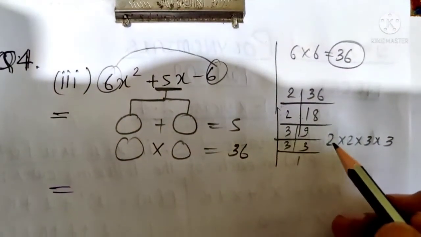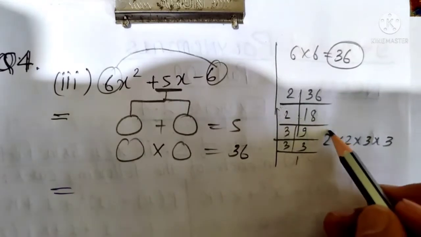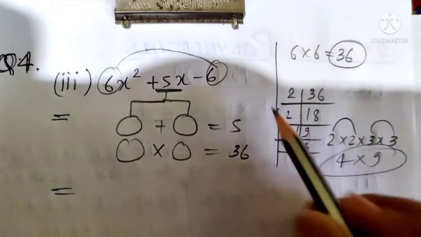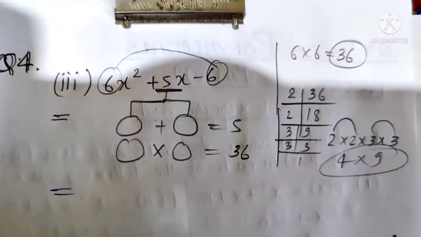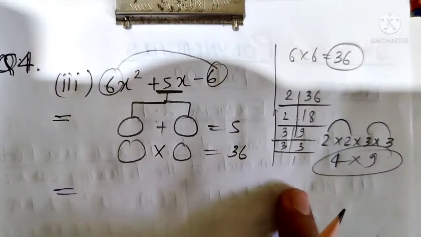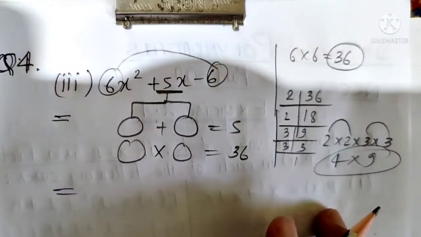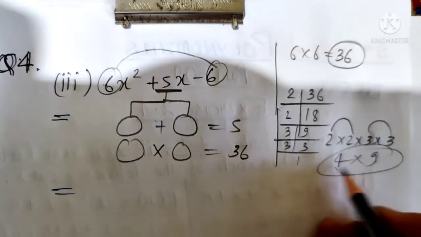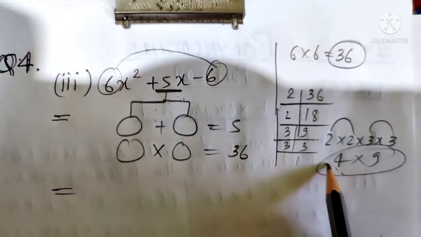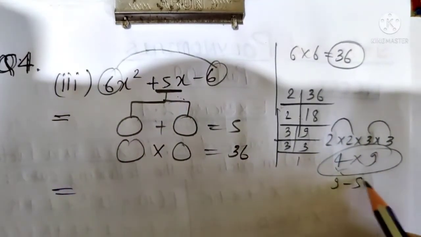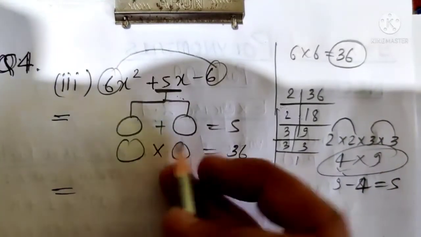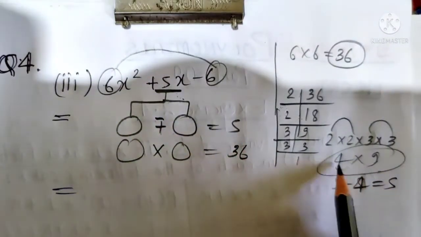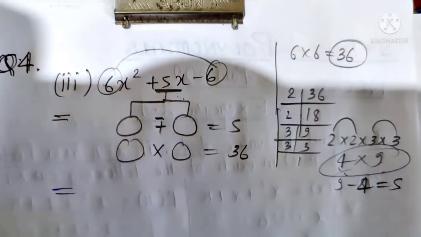Okay, now how can we do it? Just think. 2 into 2 is 4, 3 into 3 is 9. 9 fours are 36 is coming, but the other thing is not coming. Just check. We can do one thing. 4 nines are 36, yes, and 9 minus 4 is 5, that can come. Here what we can do is subtraction: 9 minus 4 will come 5, the middle term. Either plus or minus, we need 5, and its multiplication should come 36, which is coming here. So we can try this one.